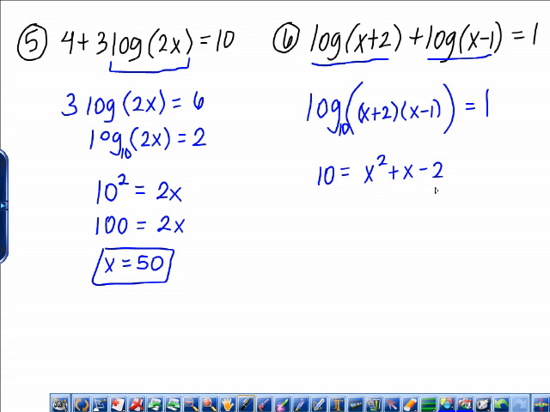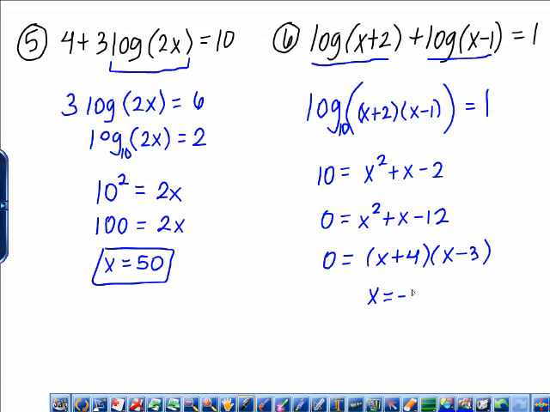Now I have a quadratic. I need to subtract the 10 over so that it equals 0. This is just a simple quadratic. Hopefully it factors, and if it doesn't factor, then we're going to be doing the quadratic formula. The nice thing about this is that it does factor. So I've got x plus 4, x minus 3, and my solutions then would be x equals negative 4, x